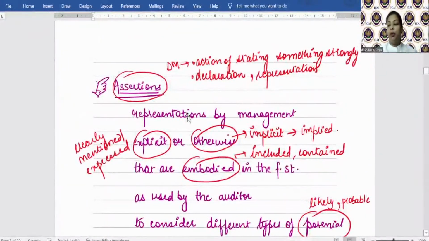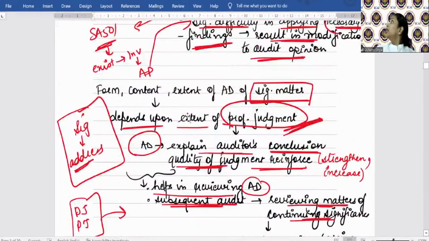Now, a very important topic, which is what? Assertions. Tell me, without looking at the screen or the book, what do you understand by the term assertion? Assertion. Tell me, what is an assertion? We repeatedly talk about checking at the assertion level. What is an assertion? Now look,